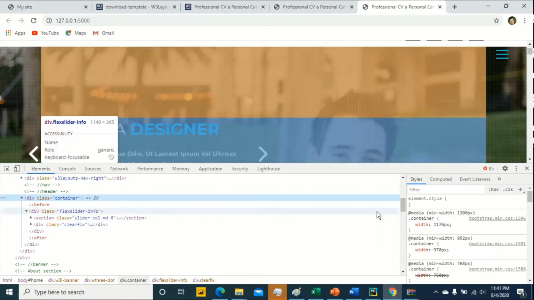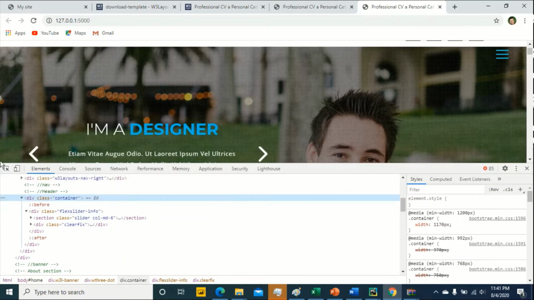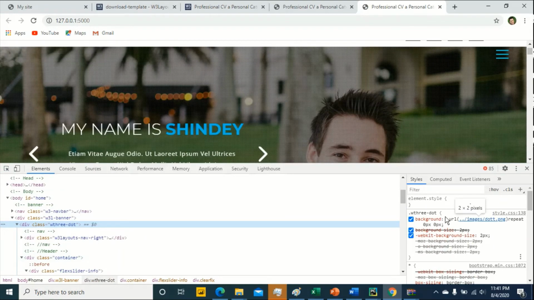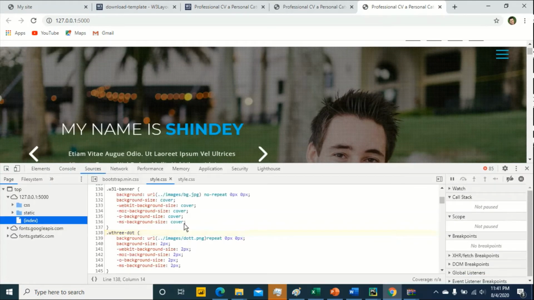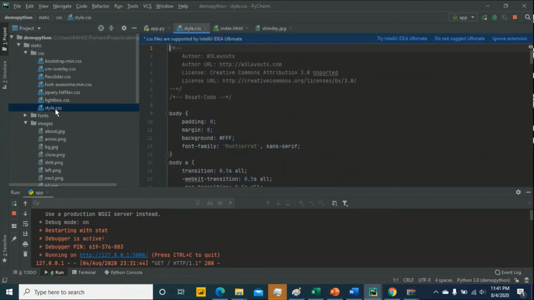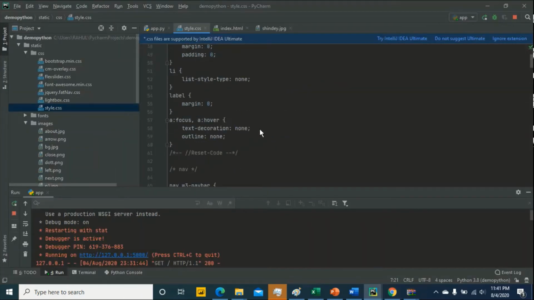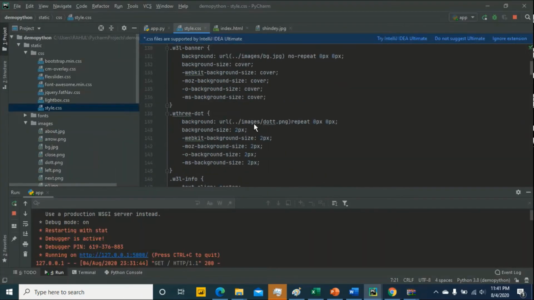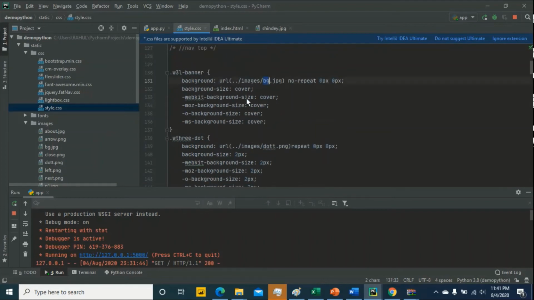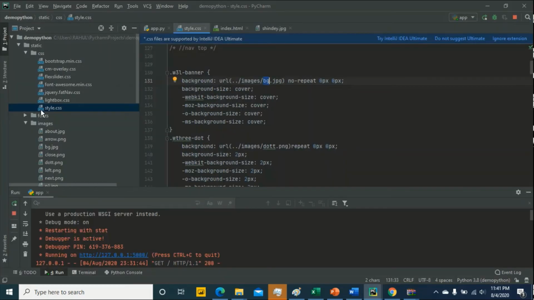CSS files. Okay, we click on this one, just click on inspect and we'll see images style.css. Okay, here is bg.jpg. If you want to change this image, just click on style.css, bg.jpg, 131 line. Okay, go on 131 line. There is 131 here. Okay, I just downloaded one image, rahul1.jpg, copy here and then paste here,